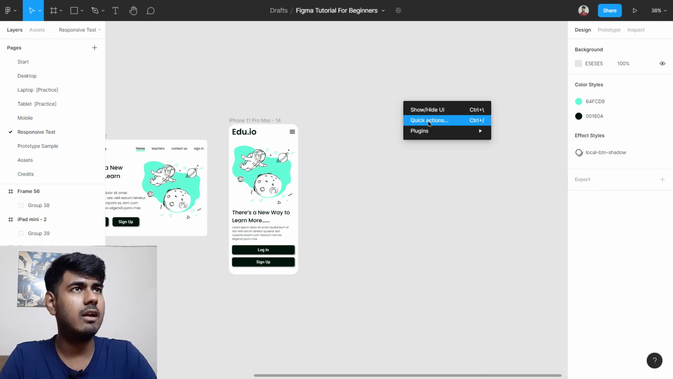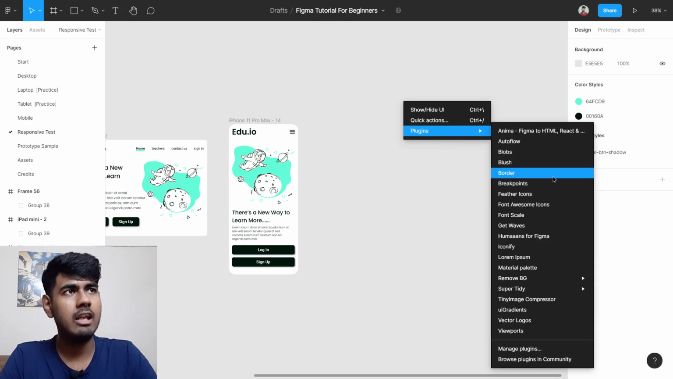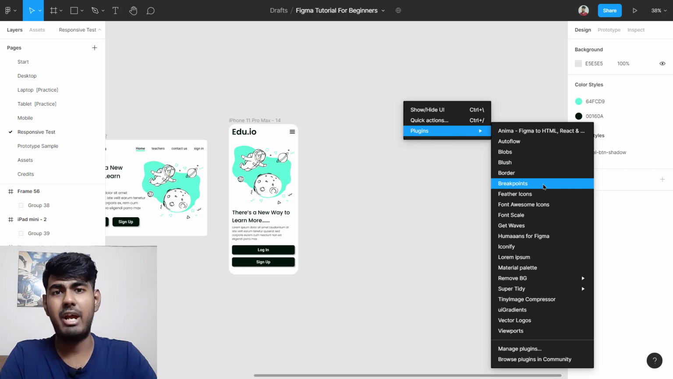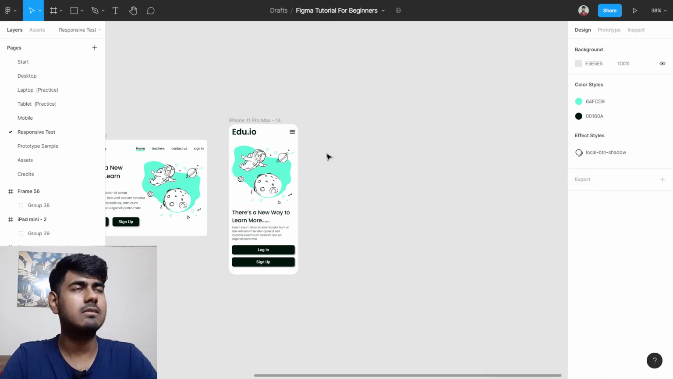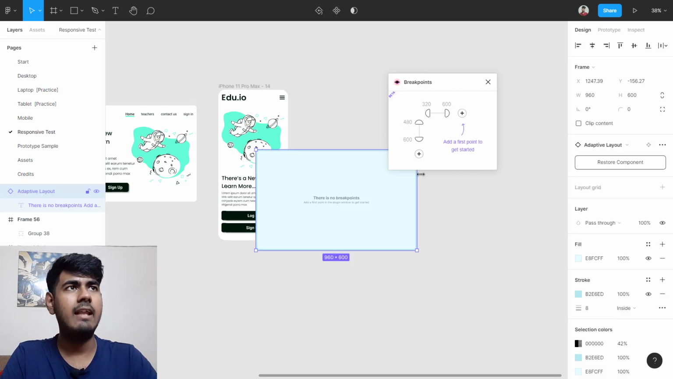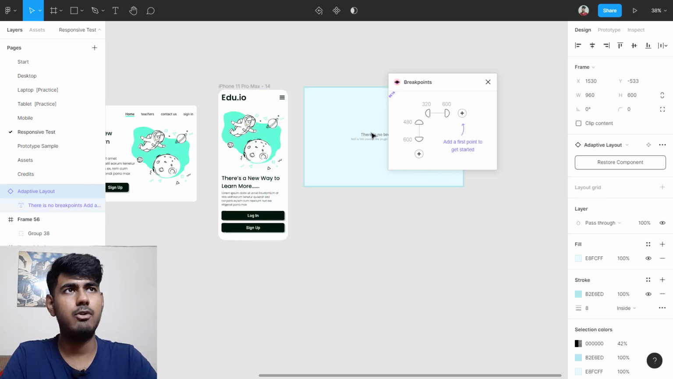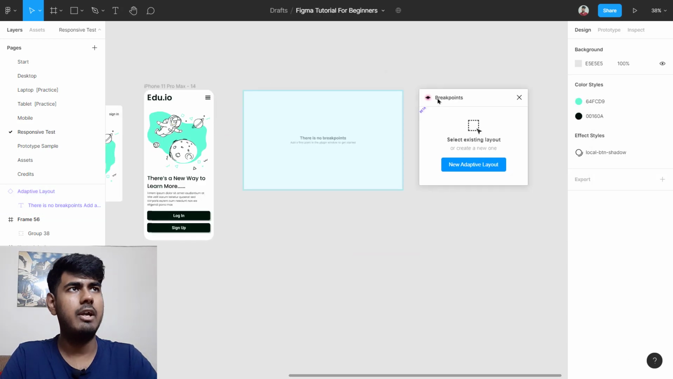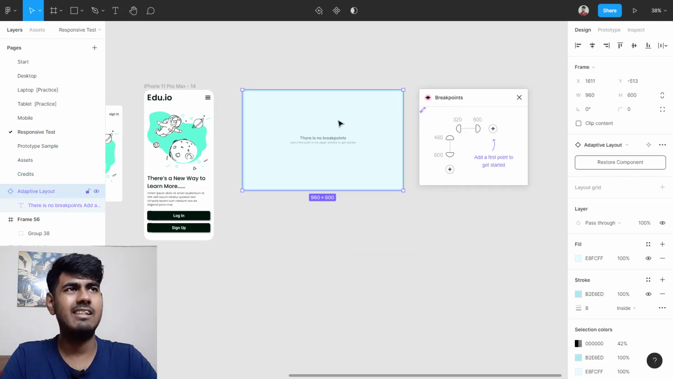Okay, so I'm going to select this plugins option over here, and then I'm going to select this breakpoints like this, and then it's going to give me this little window over here. Okay, I'm going to select new adaptive layout like this, and then I'm going to define my breakpoints over here, and I'm going to keep it over here as well. Then I'm going to select this one, and then I'm going to write over here